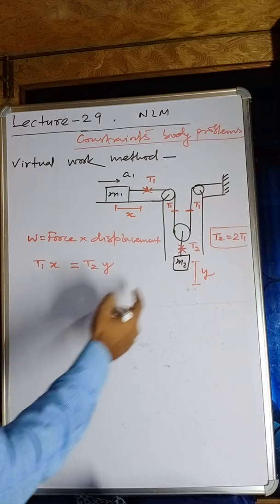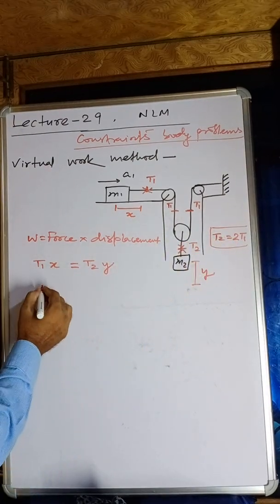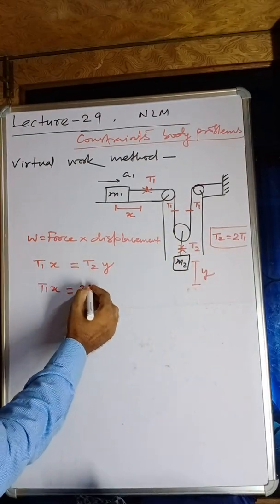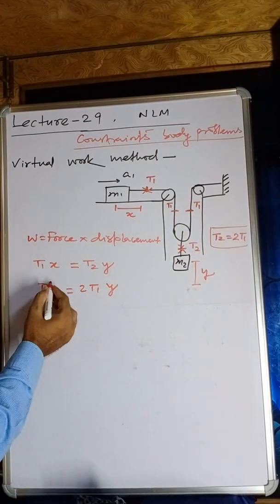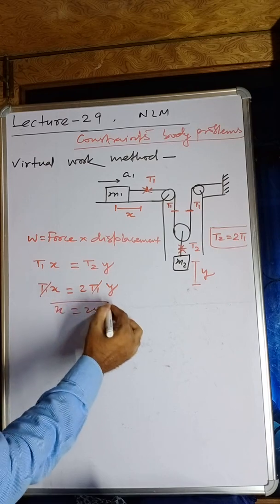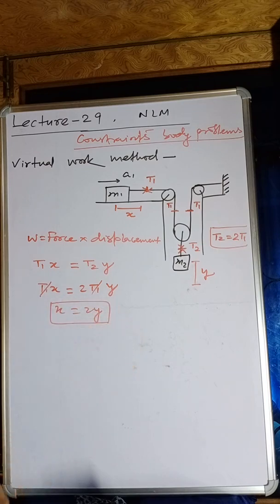you can write here the relation between T1 and T2. It is T1 X is equal to T2, which is nothing but twice T1, Y. You can cancel out this. So X is equal to 2Y. You can see, my dear students, if